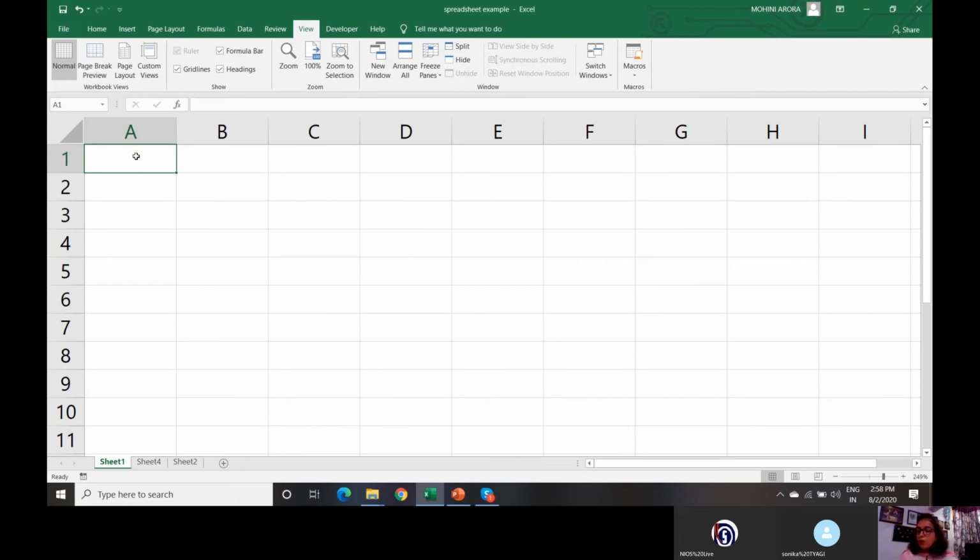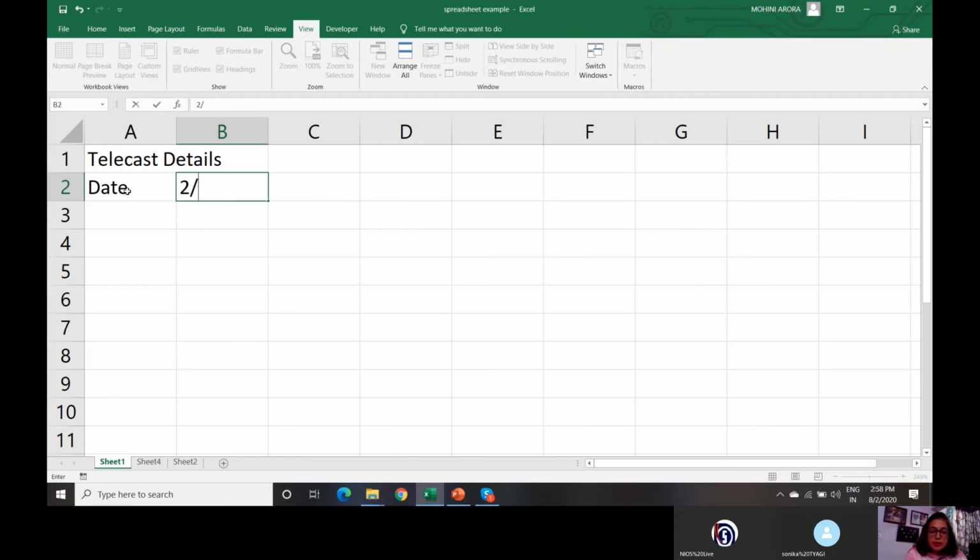Now suppose I want to type data in a particular cell, then I type, say suppose, telecast details, right? And I want to type the date, and say I type today's date, right?